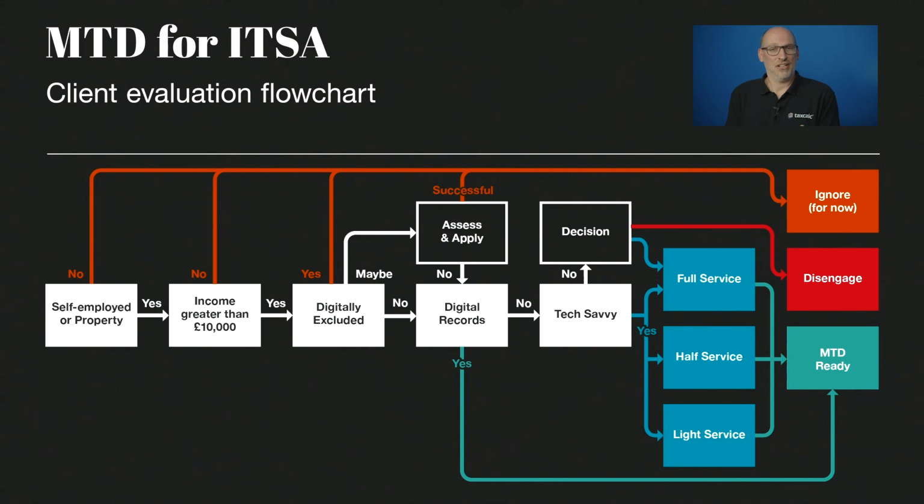So what we're trying to achieve here is basically put our clients into different bundles that we can then determine what we need to do now and what can be left for another day. So you'll notice on each step of the chart that we're going to go through in a bit of detail and discuss, you'll have an outcome from that chart. To begin with, we're either going to move further along the chart, get ourselves up to being MTD ready, or we can dump clients out of the MTD altogether and ignore them for now.